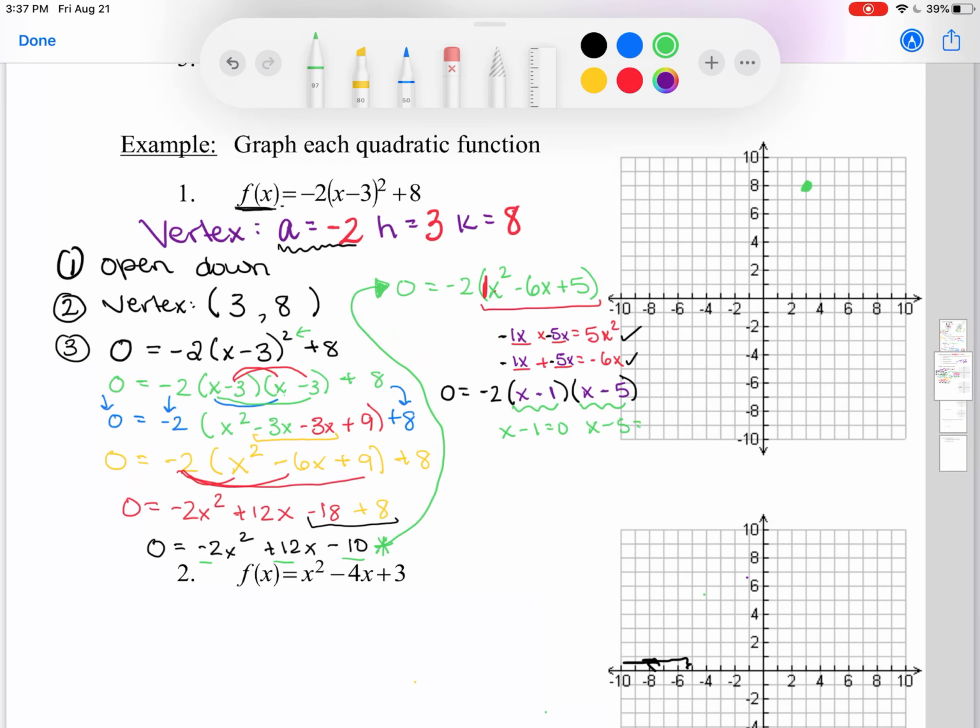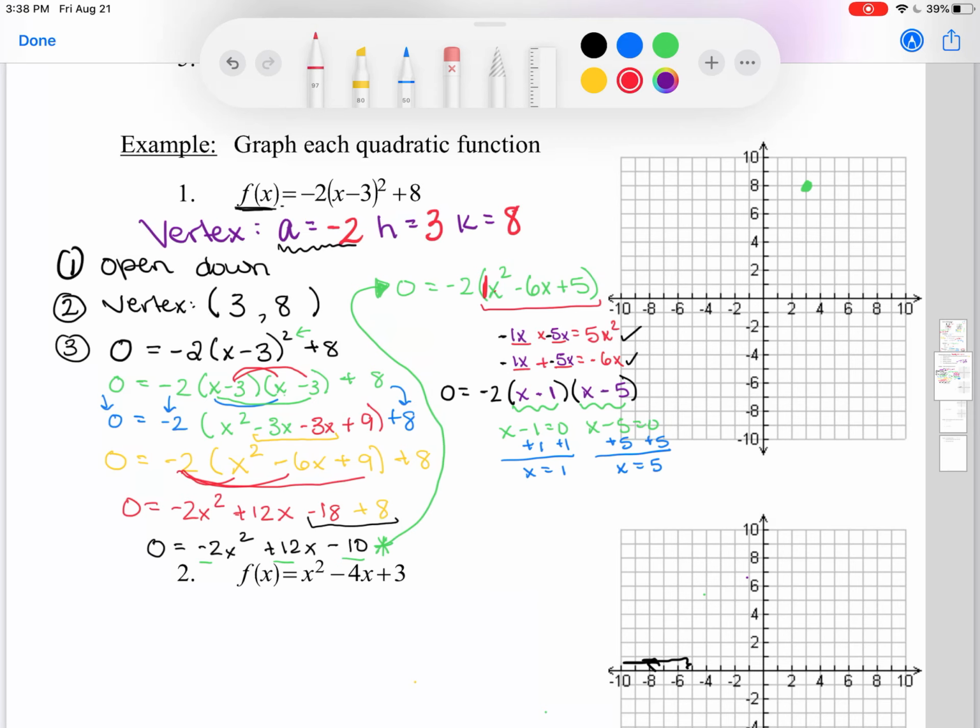And x minus 5 equals 0. All right. Then we can do a quick solving for x. So in order to get x by itself here, I need to add 1 to both sides. In order to get x by itself here, I need to add 5 to both sides. So for step 3, again, this was all in step 3, we have x-intercepts at x equals 1 and x